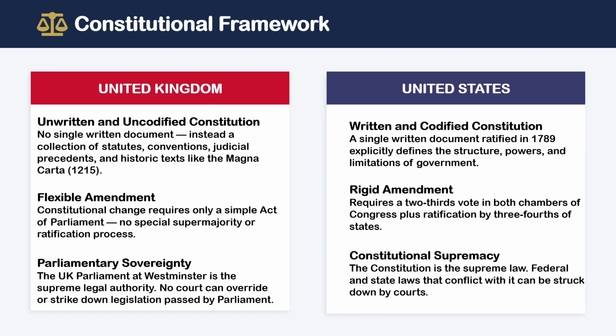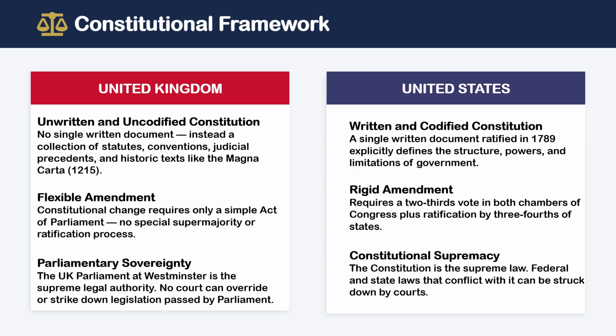So, the United Kingdom has a constitution which is not contained in a single written document. Instead, it is a collection of statutes, conventions, judicial precedents, and historic texts like the Magna Carta of 1215. On the other hand, the Constitution of the United States is written and codified. The USA has a constitution which is a single written document ratified in 1789, which clearly defines the structure, powers, and